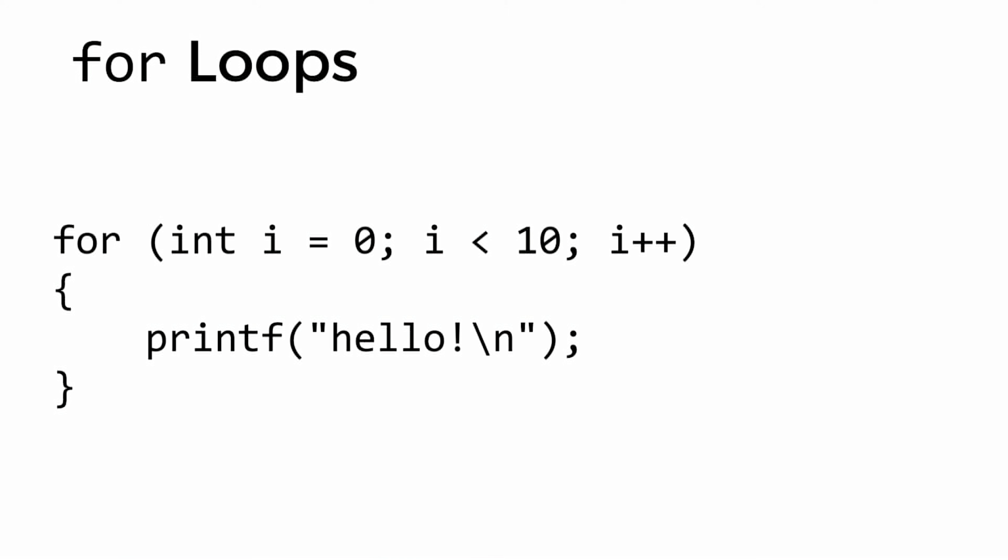And we're going to keep repeating this for loop as long as i is less than 10. And what's the update step? Well, at the end of every iteration of the loop, we're running i++, which means take the value of i and increment it, or increase it, by 1.